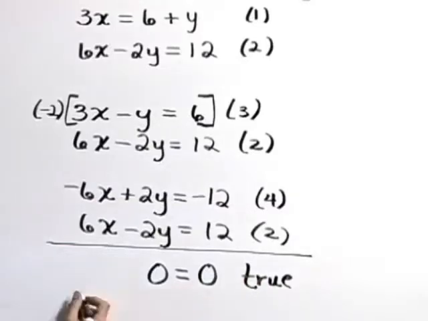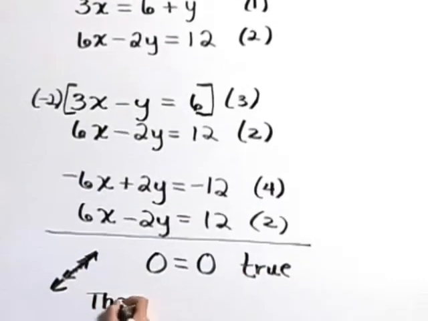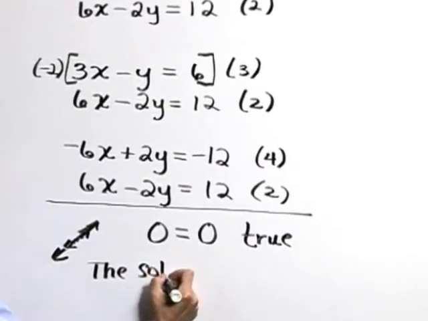This indicates graphically that when we graph one of these lines and then the next one, the second line sits right on top of that first one, and there are infinitely many solutions, or points, on those lines that lie on top of each other. So in this case, we would describe the solution set by saying the solution set